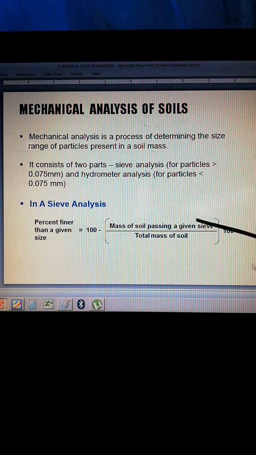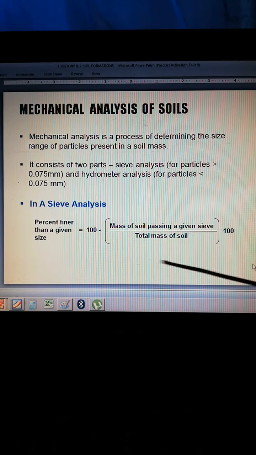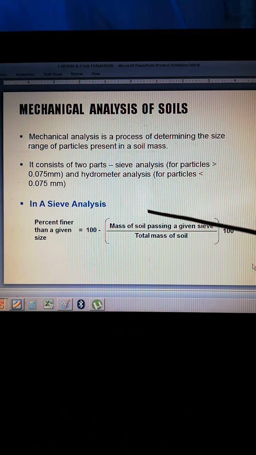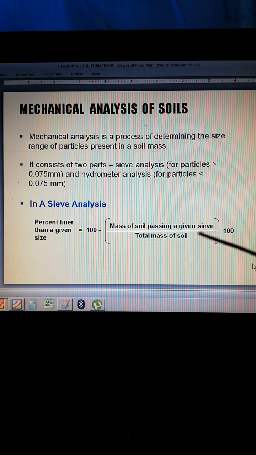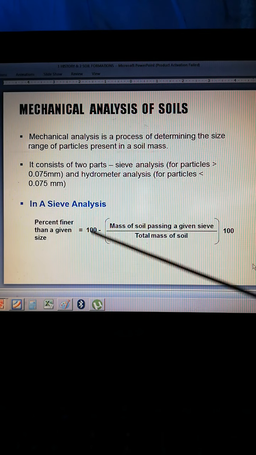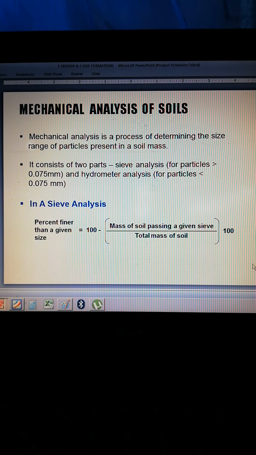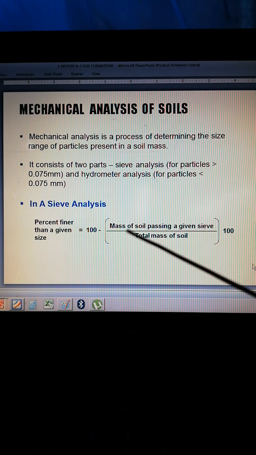So, this one will be a decimal or a ratio, a result of a ratio. You subtract, this could be lesser because this is only a portion of the total that passed through. If everything passed through, then 100 minus 100 passing, that is 0 times 100. You can have 100% passing if everything passed through. But not everything passed through, so what passed through, you weigh that, then divide that by the total weight of